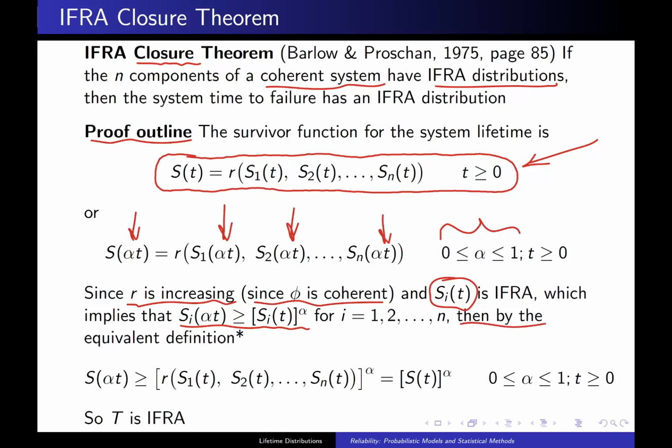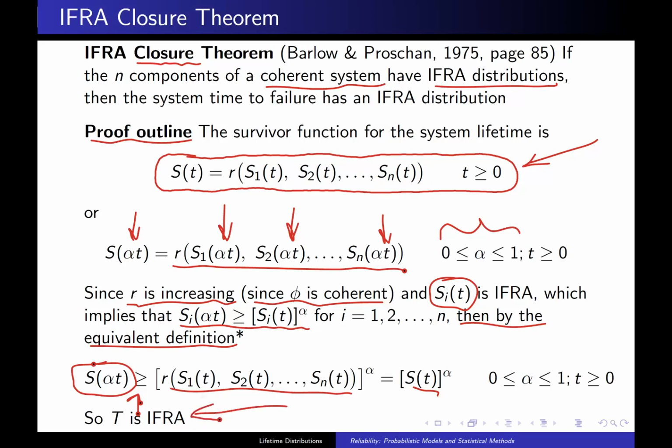Then, by the equivalent definition, so this is where the star indicates this is where you need another result to get to this last one. But then what we're going to do is we're going to have S of t, S of alpha t I should say, which is this quantity right here, the reliability function, to the alpha power. We know that S of alpha t is greater than or equal to that quantity. And furthermore, we know that the quantity right here is just S of t raised to the alpha. That is enough to tell us that the system lifetime t is in the